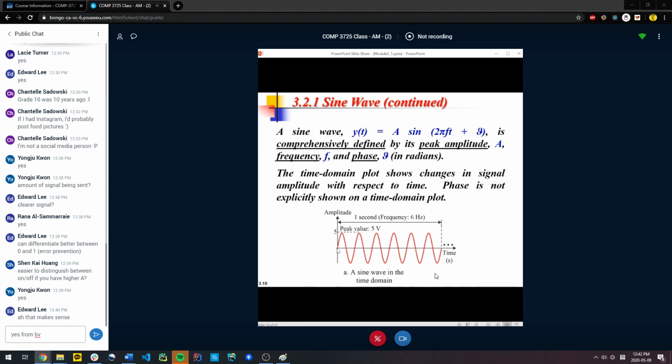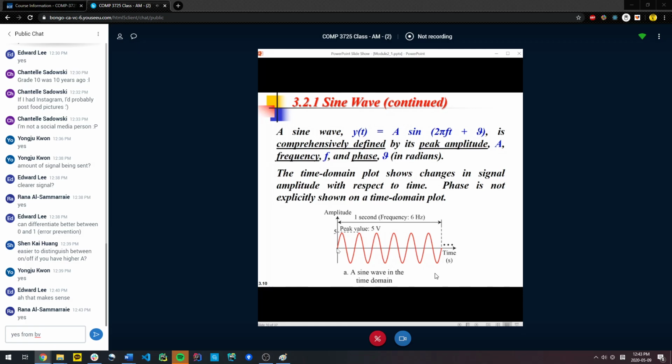And so if I start to manipulate these parameters, I will get a different sine wave, and I can use that difference to represent a different symbol. Is that clear on what we're trying to do here? I want to lay out why we're actually doing this so you're not lost just in the math. Any questions? As I said, as with the physical topologies, there are pros and cons of using amplitude, pros and cons of using frequency, pros and cons of using phase. We'll take a look at that in a few minutes, or a combination of these.